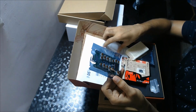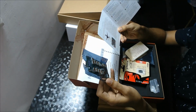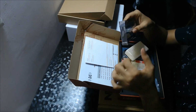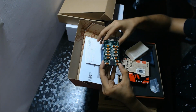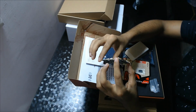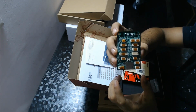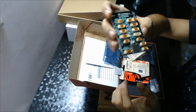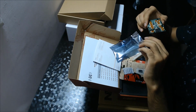So I think this is this one. This name is NXP FMU reference design. Okay, right here. So as you can see, let's open this. It's this sellotape. Oh, that's so cool. So it has a micro USB, and there are different ports for this. You can see it's very well finished and well labeled. Let me put this back,